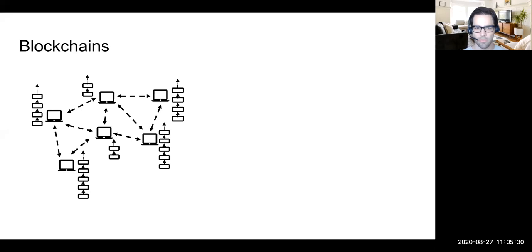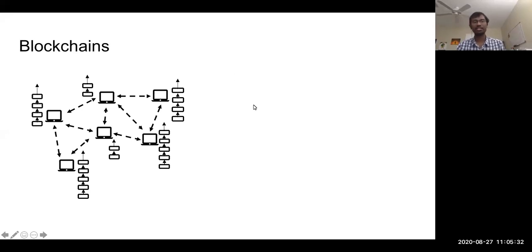Okay, so blockchains are a technology for maintaining a Byzantine fault-tolerant public ledger of transactions across nodes in a peer-to-peer network. Compared to ledgers that are based on more classical consensus protocols, a key difference with blockchains is that there is no central permissioning authority that controls participation of nodes in the network.